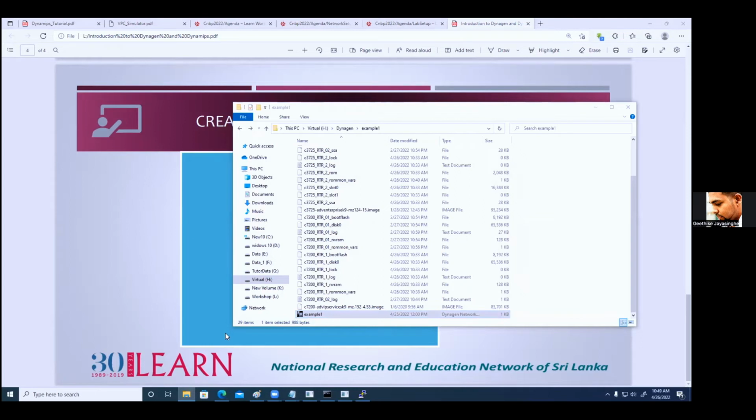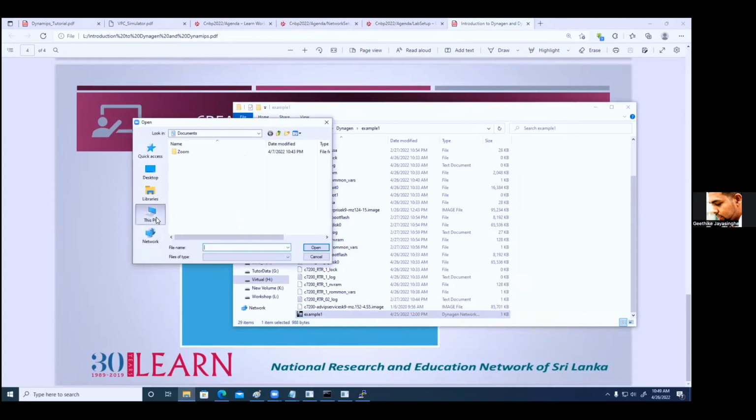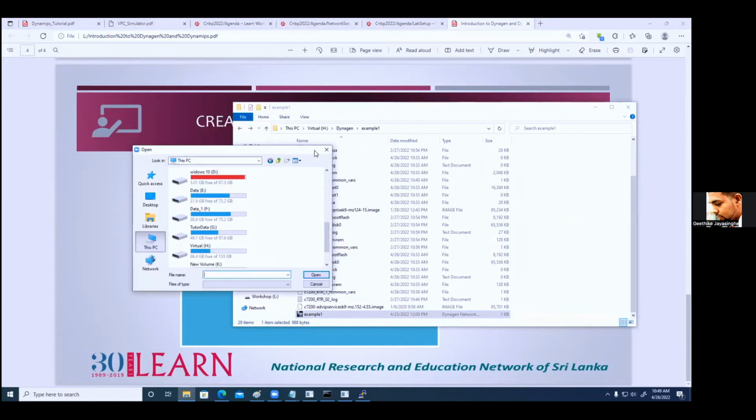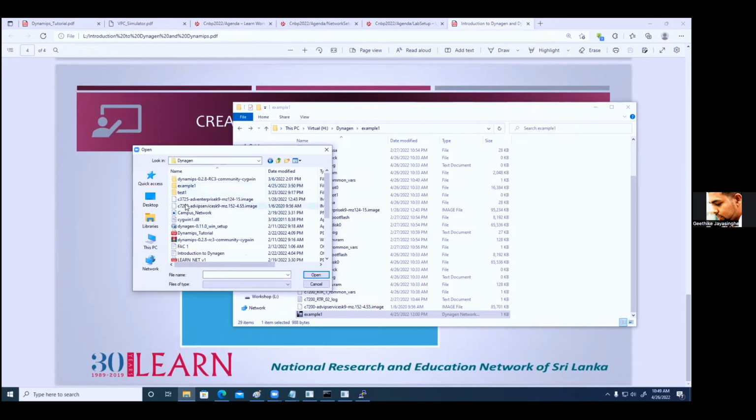So I will share this file with you. You also can try this one, but you have to change the path, because on my computer I'm using the drive H as an example. If you want to try this one, remember you have to change the path, and you need to have both ISO images. Otherwise, it is not going to work because we have shared only